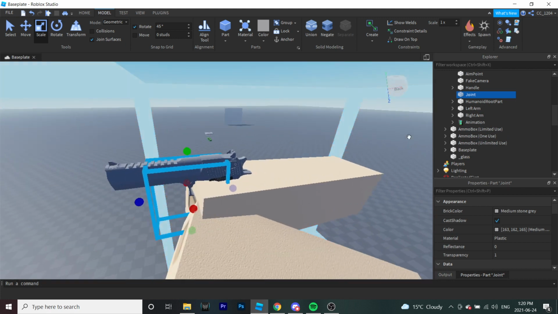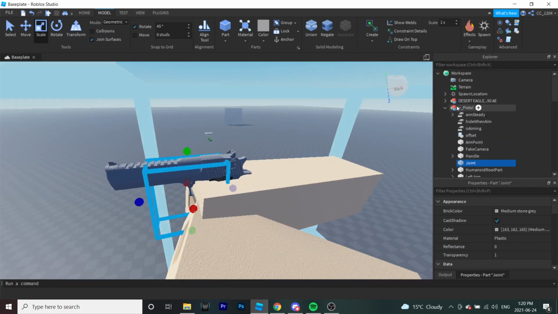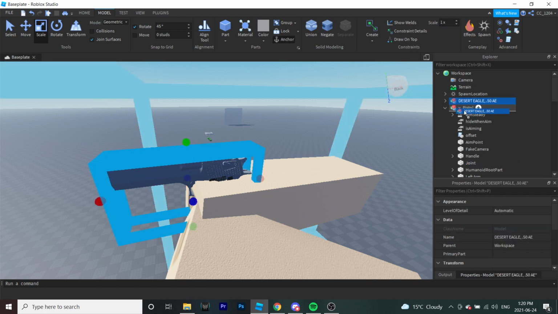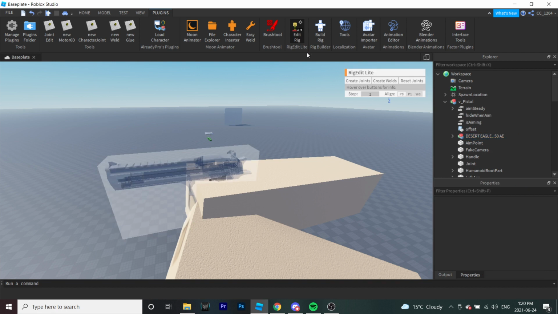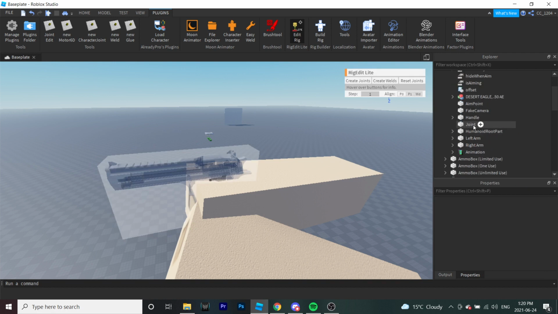Now we have the joint, we can connect every part inside our gun to the joint. So if we drag the gun into the view model, and then go into plugins and take rig edit light and then connect it all to the joint. So first thing you're going to want to do is select the joint. This little number over here should hover it, indicating that it is the part that we want to rig everything